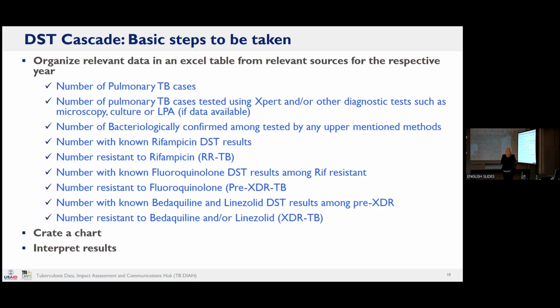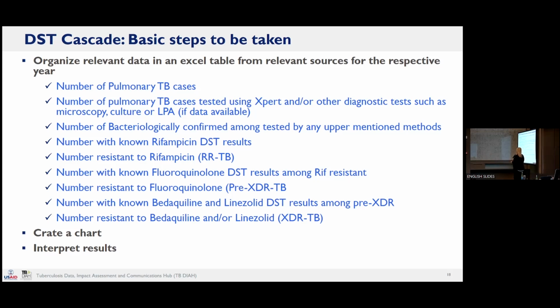The main stages and steps that should be taken. To organize relevant data in an Excel table from relevant sources for the respective year, it can be the number of pulmonary TB cases, the number of pulmonary TB cases tested using Xpert and other diagnostic tests such as microscopy, culture or LPA, the number of bacteriologically confirmed cases, the number with known rifampicin DST result, the number of resistance to rifampicin, RR-TB,